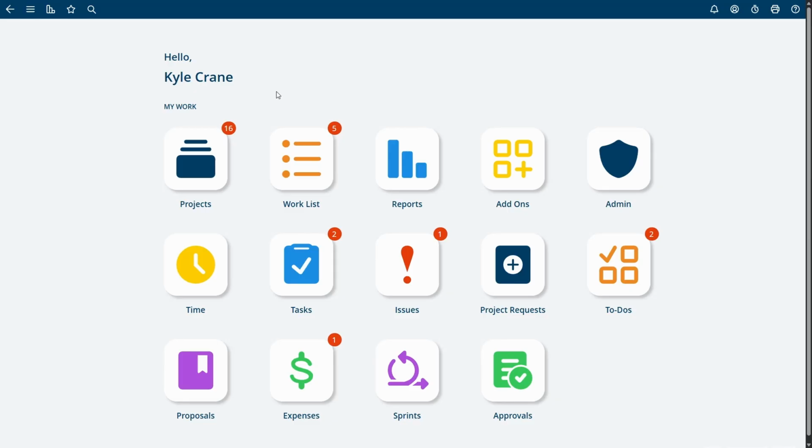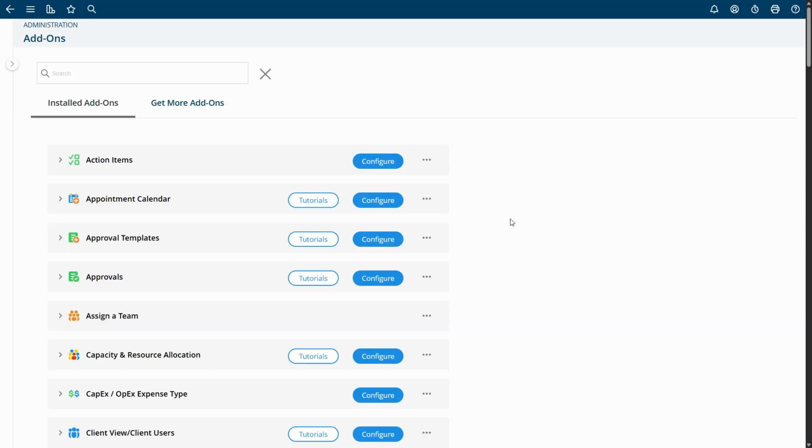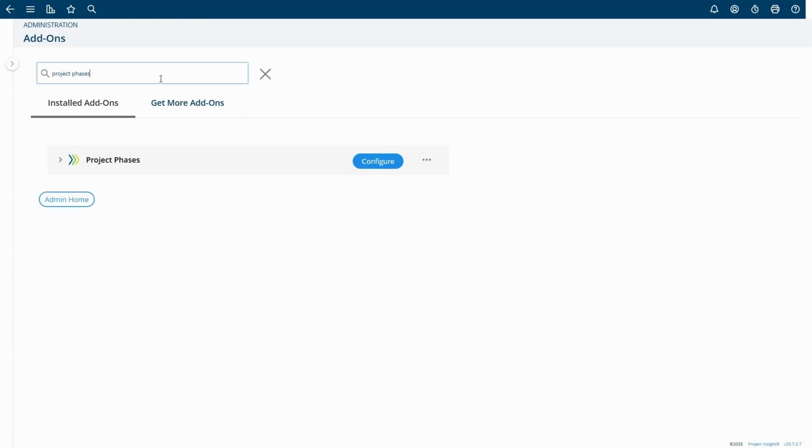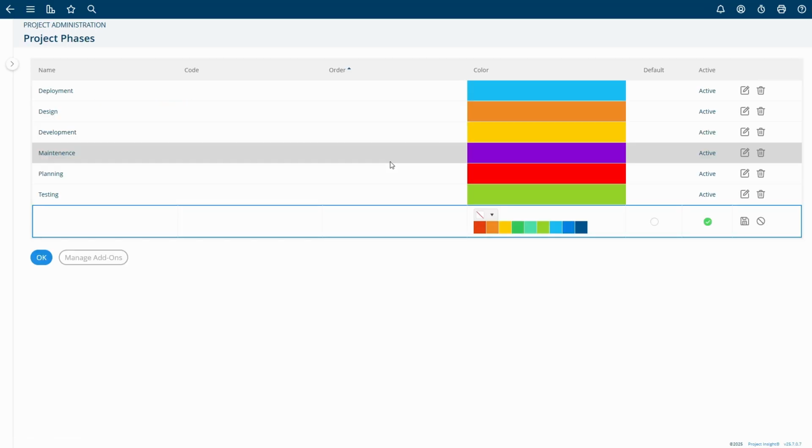To begin, you're going to want to navigate to your add-on screen and make sure you have the Project Phases add-on installed. If you already have Project Phases installed, it should be under Installed Add-ons. Otherwise, it'll be under Get More Add-ons. If you do already have it, click Configure and make sure you have your project phases set up how you want to. Once you've verified that your project phases are where you want them to be, you'll navigate to the